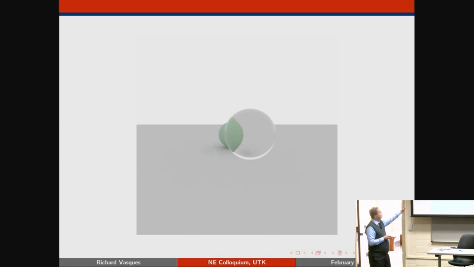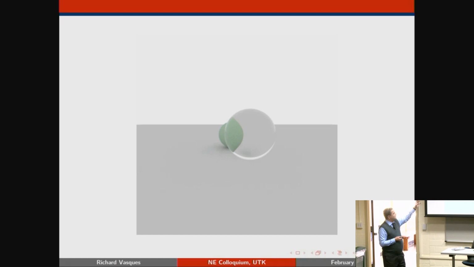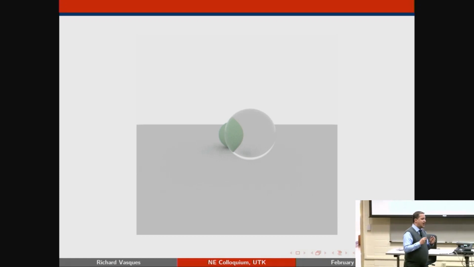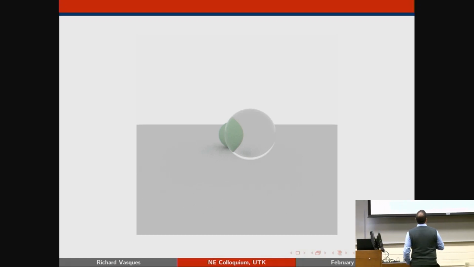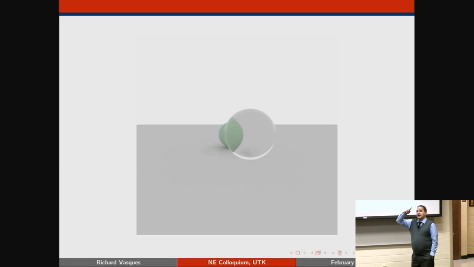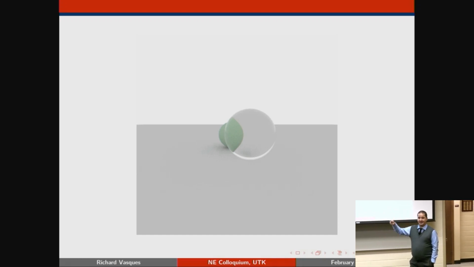But here what you're doing is setting a scene with very easy geometrical objects. So I have 2 balls in there. One of them is green, the other one is glass. And all you know is the information of where they are, where your light source is, and how light diffracts as it goes through the glass or the green ball. And literally, what you're doing in this one is following the path of the photon from the light source to the material and then to the camera. But you're doing that the other way around, right?